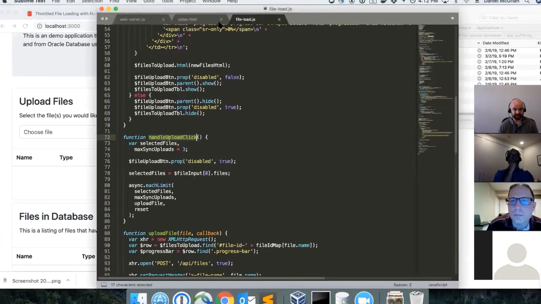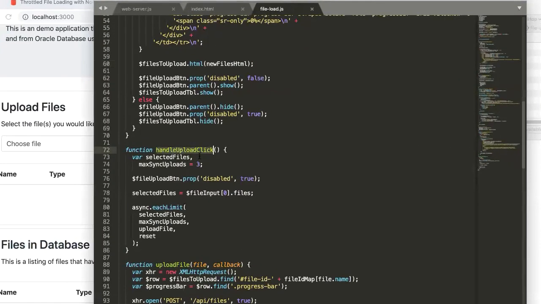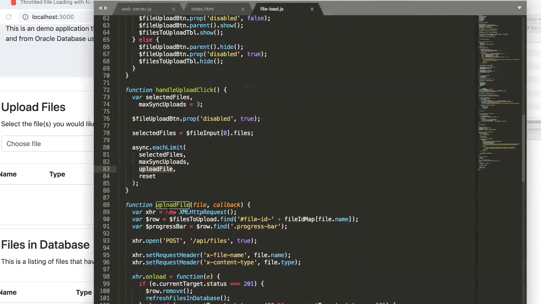So this JavaScript file here on the client side in the app, when I click that upload button here, this is the function that was invoked. And so what I do, I find the file selector here, and I'm able to access a property called files, which is the array of selected files. And then I use that async library I was telling you about. It has an each limit function, and I can say, all right, for each file I want to upload, go ahead and process this many at a time, and that number is currently set to 3. And then invoke for each file this upload file function, which you can see is defined just below. And when all the files are finished uploading, invoke the reset function.